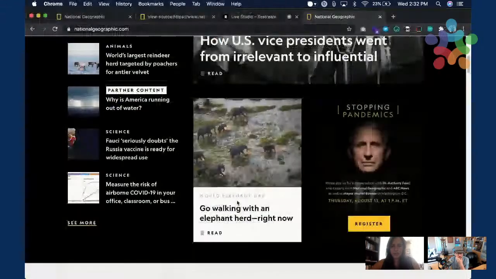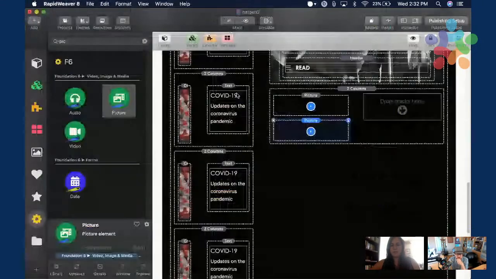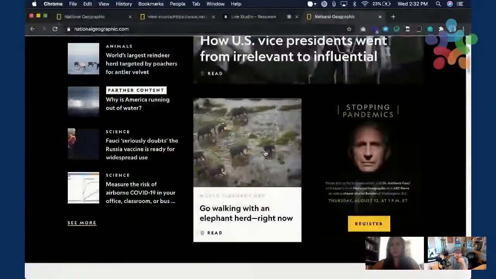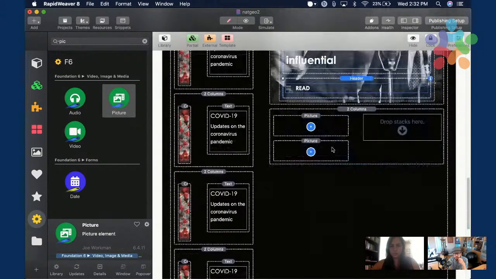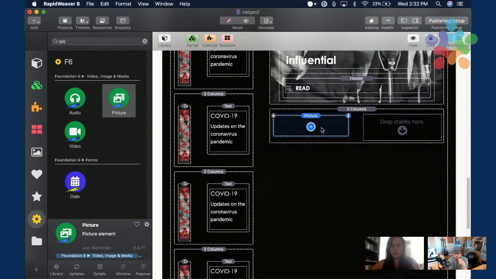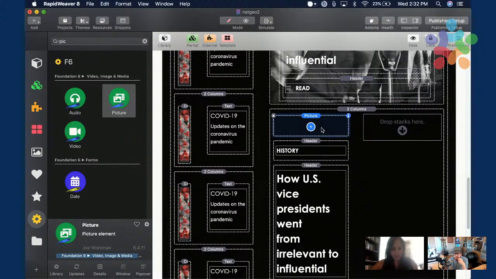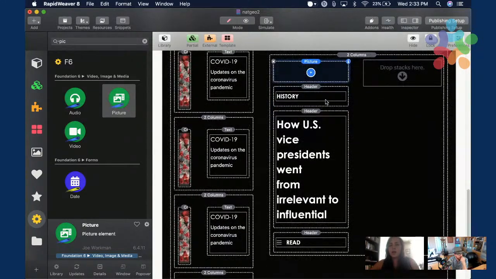And then this, World Elephant Day, and then, well, it's pretty much the same as here. So I'm gonna copy this. Oh, I don't know why there's 2 pictures in there, but. What was the thing? Oh, right.